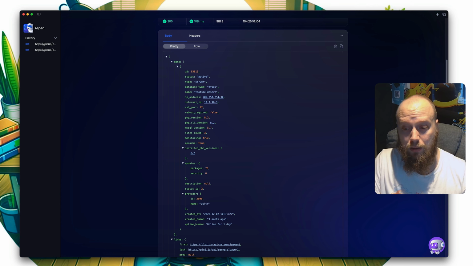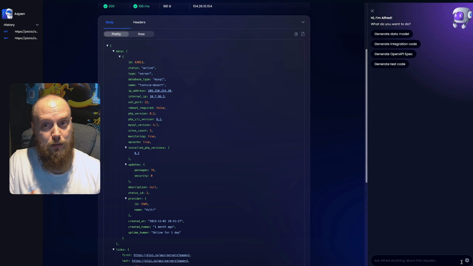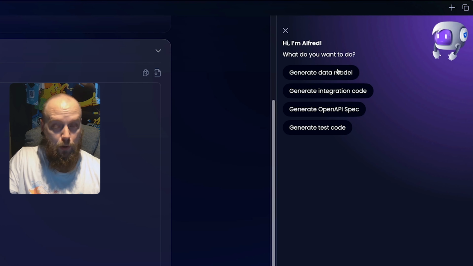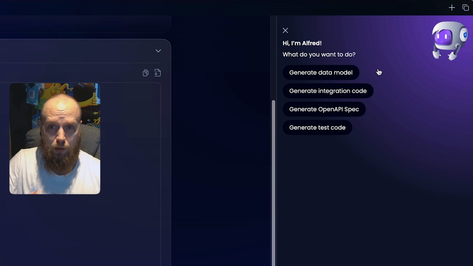Instead, Aspen comes with its very own friend, Alfred. It's got a few options out of the box: generate a data model, generate some integration code or OpenAPI spec, or some test code. So what I'm going to do instead is say, I want to generate a data model